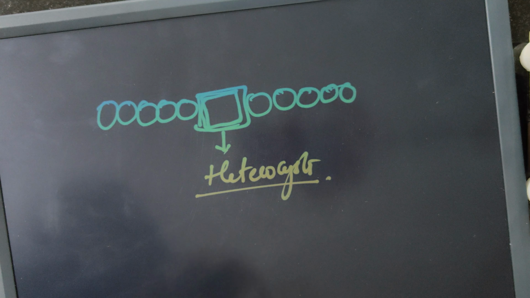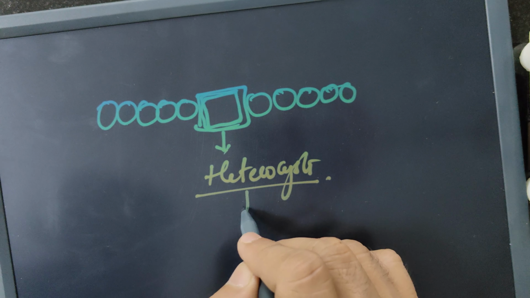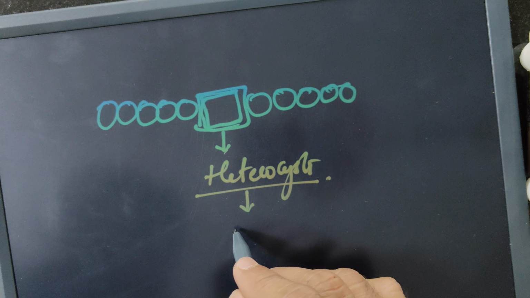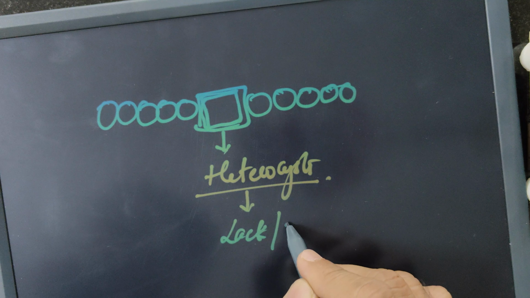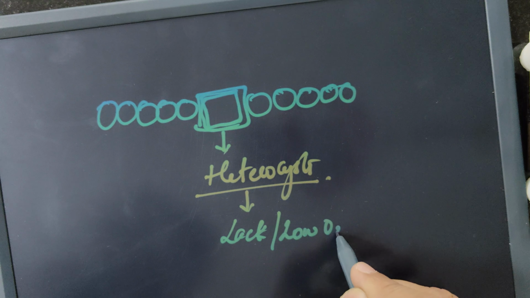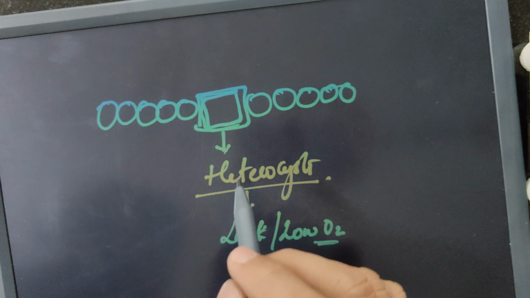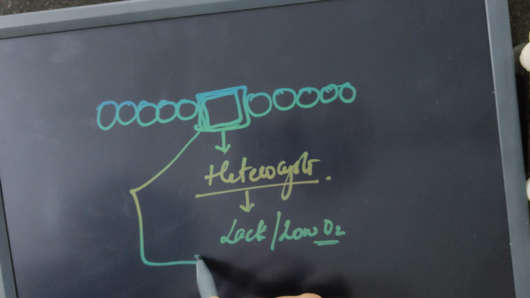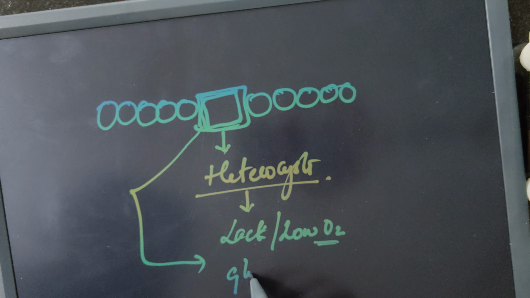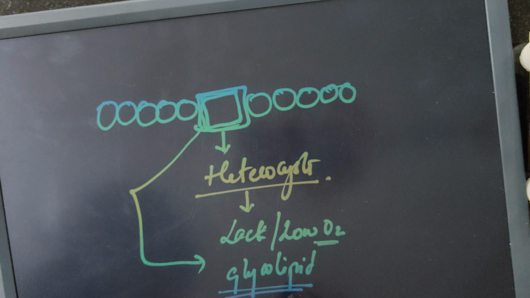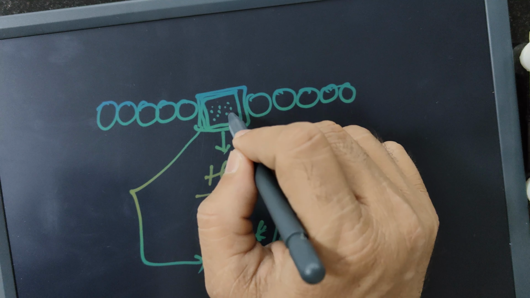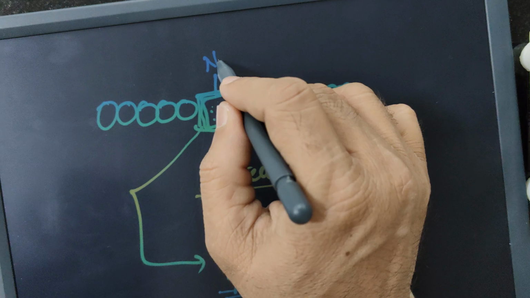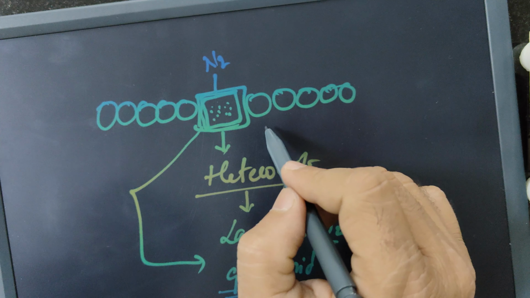This heterocyst lacks or has a low amount of oxygen, and the cell wall is made up of glycolipids. In this site, the nitrogen fixation takes place, whereas